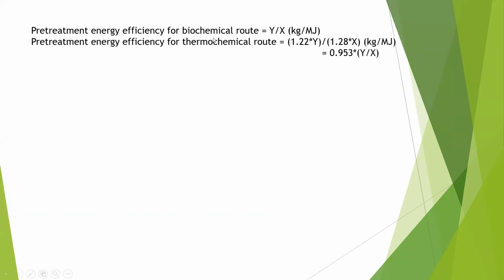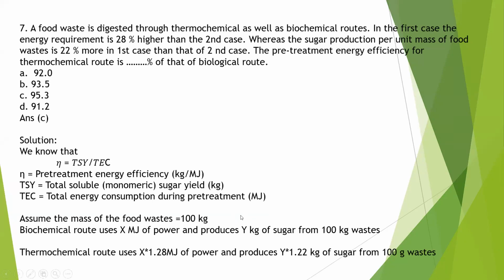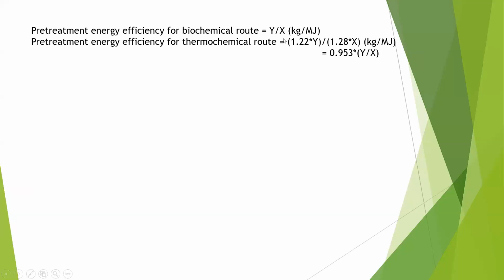So the pre-treatment energy efficiency for the biochemical route will be Y by X. That is, Y is the amount of sugar produced to the total energy consumed. So Y is the amount of sugar produced and X is the megajoule of energy consumed. And for the thermochemical route, the pre-treatment energy efficiency will be 1.22 times Y upon 1.28 X, and it will give the ratio as